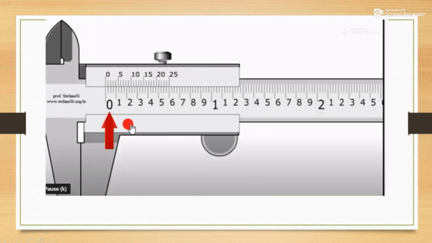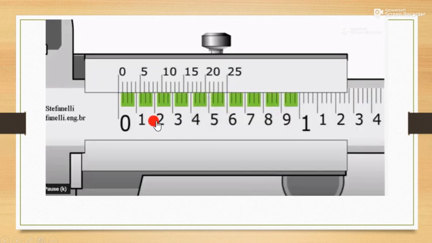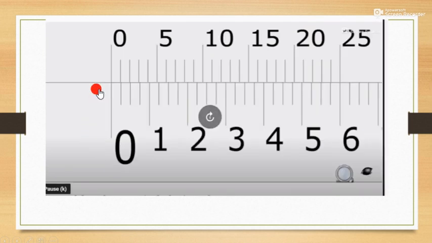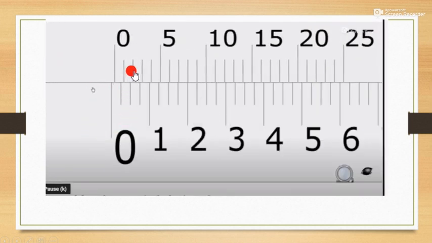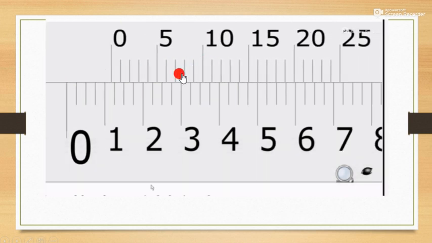And the vernier scale has 10 divisions. When we measure, 1 millimeter will coincide with 1 division of the main scale. When we move this vernier scale and measure the object's length,